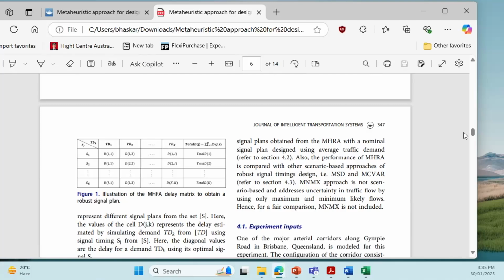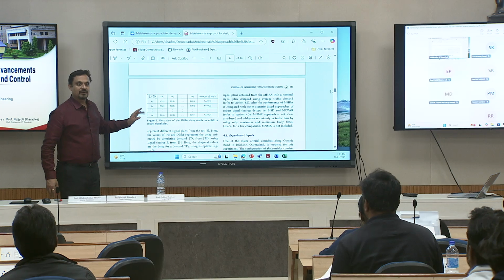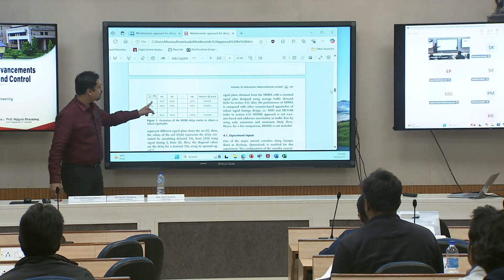Let's say you have a demand profile T1 for that site. You will have some demand pattern, and you have an optimal signal timing specified for that one. Demand profile 2, you have an optimal signal timing specified. Different days will have an optimal signal specified for them. Then you can say, if I am using my optimal signal 1,